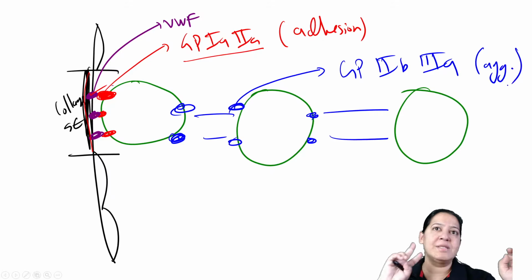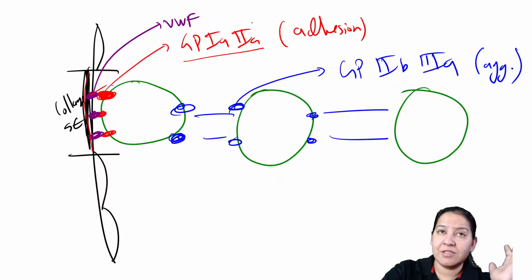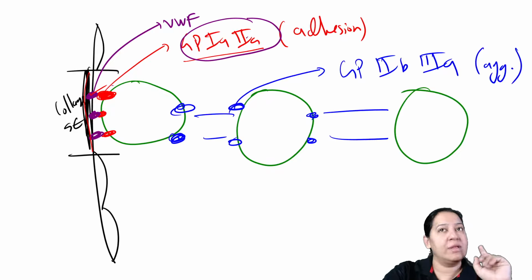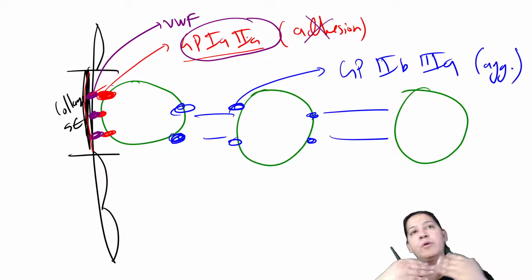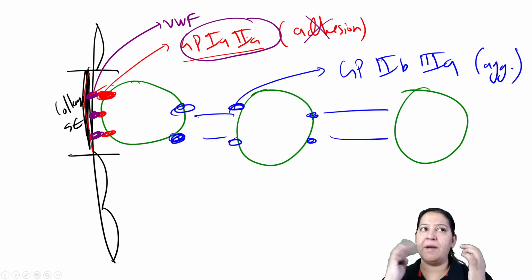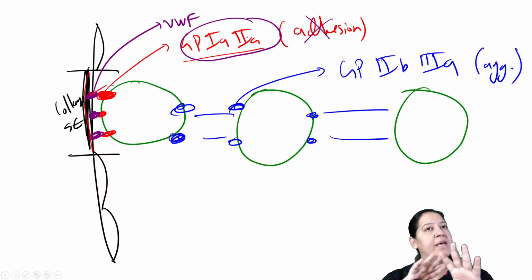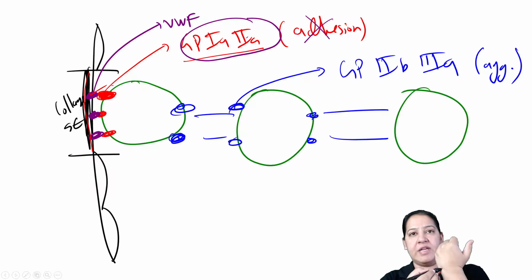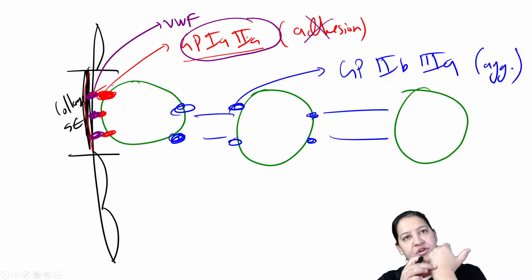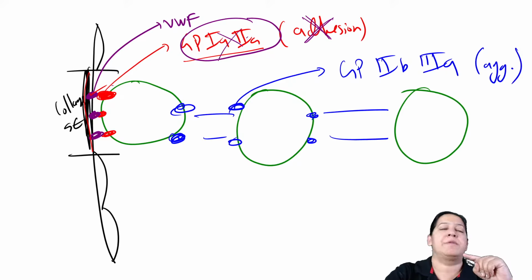Now there are two diseases I would like to add here. If congenital absence of GP1A2A occurs, in this person adhesion does not take place. Just suppose inside my blood I am having platelets, and on my platelets GP1A2A is absent. So if I am having a cut here, the platelet wants to form the primary clot. For formation of the primary clot, the first step is adhesion. But adhesion does not take place because these receptors are absent.